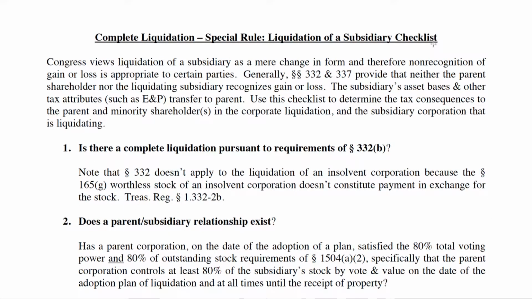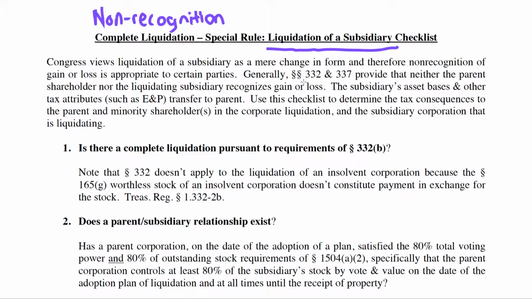So under the special rule, which is a non-recognition rule, you might recall non-recognition rules like Section 1031 like-kind exchanges, Section 1033 involuntary conversion, even Section 351 corporate formation. These are all non-recognition rules where gain or loss is going to be deferred. Now, this is going to be a mandatory non-recognition rule. And the idea here is a liquidation of a subsidiary. So when we have a liquidation of a subsidiary, Congress basically says, you know what? It makes sense under the non-recognition themes of liquidity issues and economics, efficiency issues, for the non-recognition rule to apply.